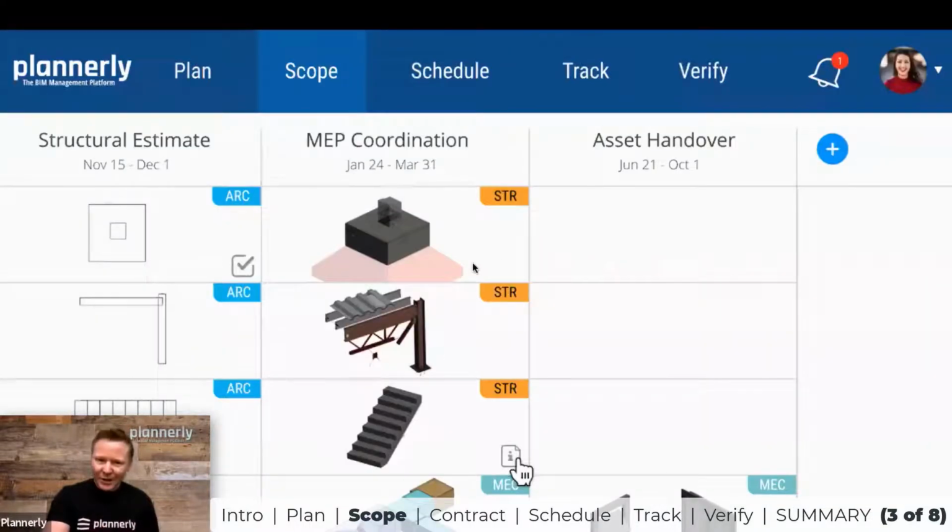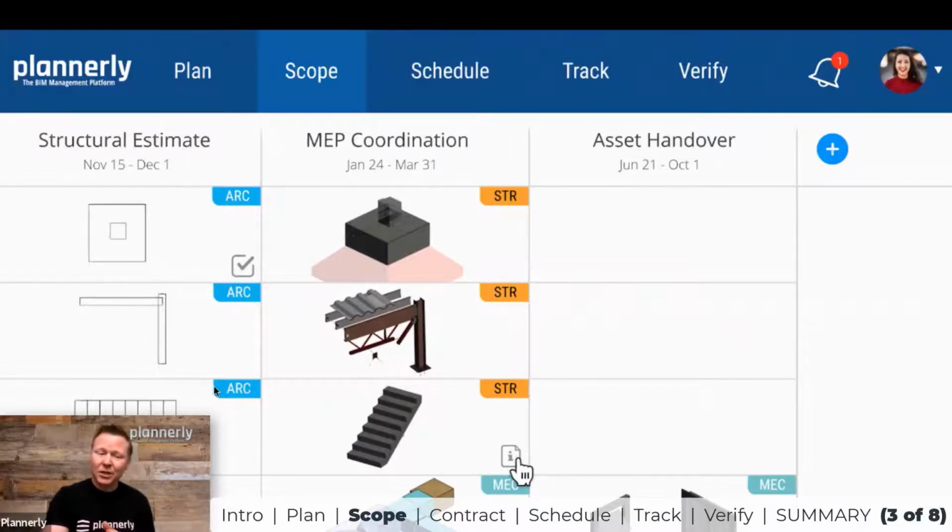And in the grid, we will see columns that represent the use or the purpose of that model or of the information that is required. We will see the dates at which they are required, the teams that are responsible for the content required, maybe if it's 2D representation or if it's a 3D representation. We will see checklists, we'll see notes, attachments, and information requirements, and really, really detailed requirements that are assigned to